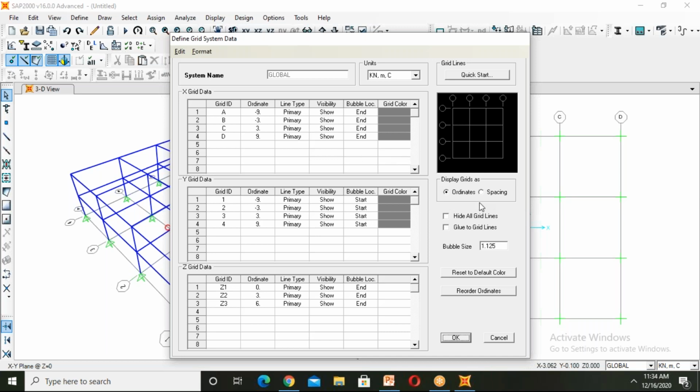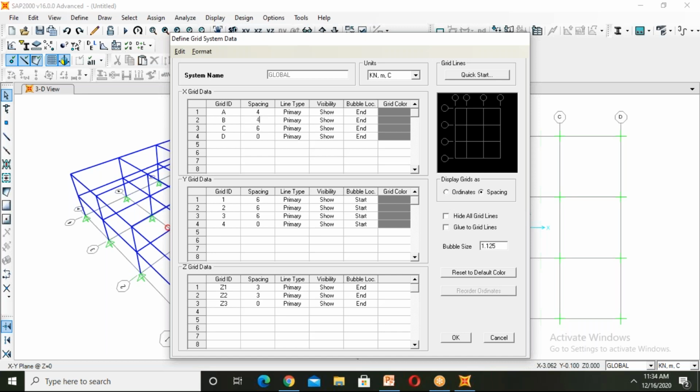So for our convenience, we will take the spacing. As spacing between A and B, we can give 3 or 4 meters.